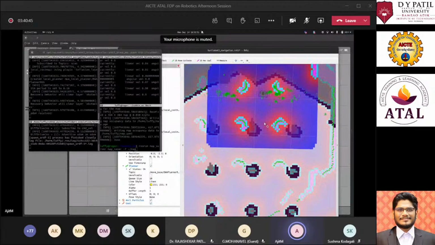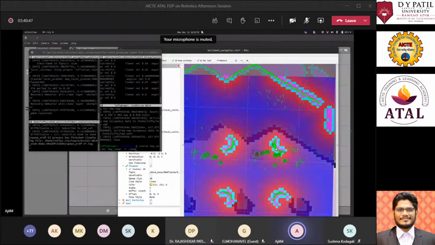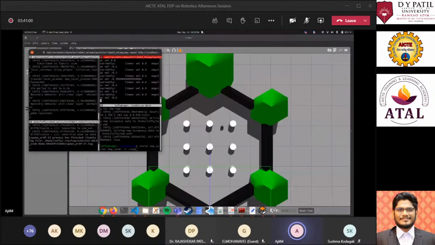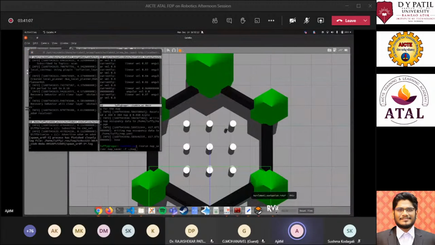The green arrows which were spread out earlier are now saturated to a few other places. So what we need to do is move around the map a little bit more, just for the robot to get more data. Let's see what is happening.